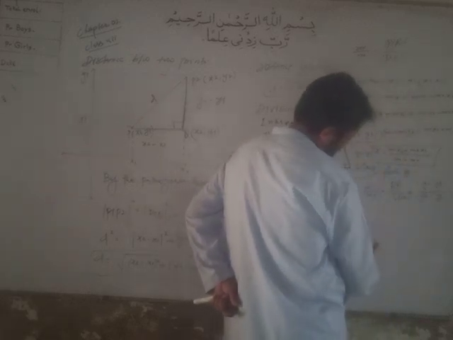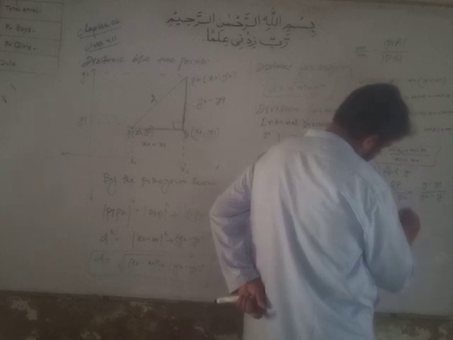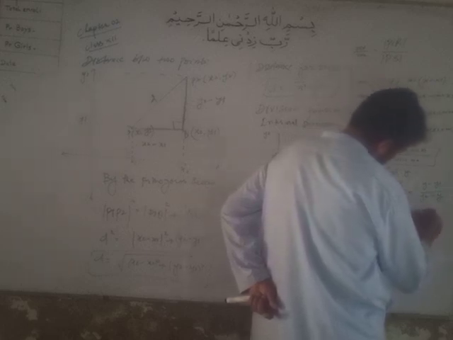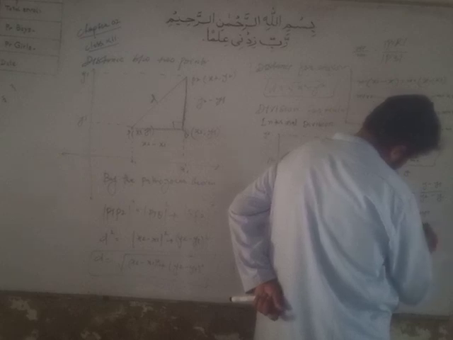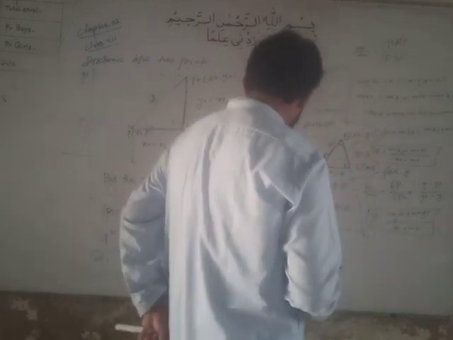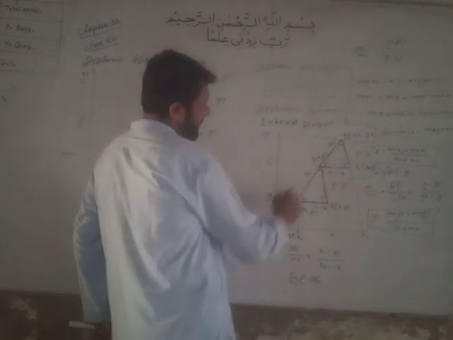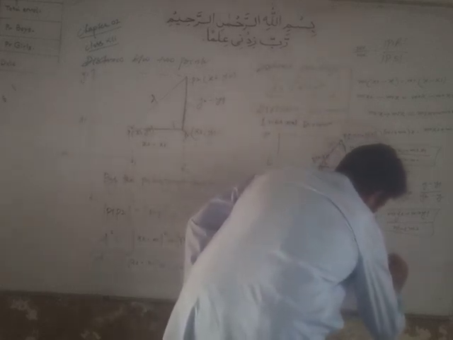Simplifying, this will give y is equal to m1 y2 plus m2 y1 upon m1 plus m2. Okay, so the value of this point x comma y is equal to m1 x2